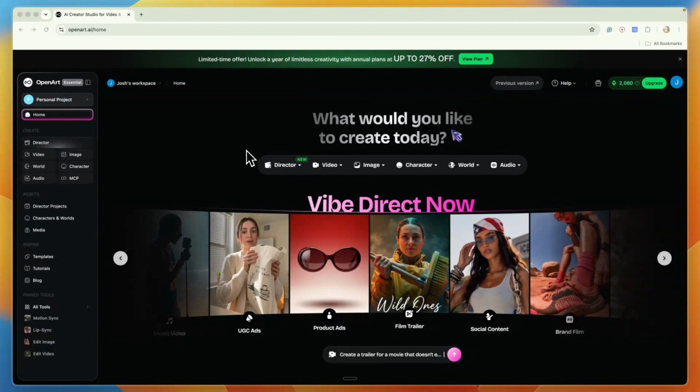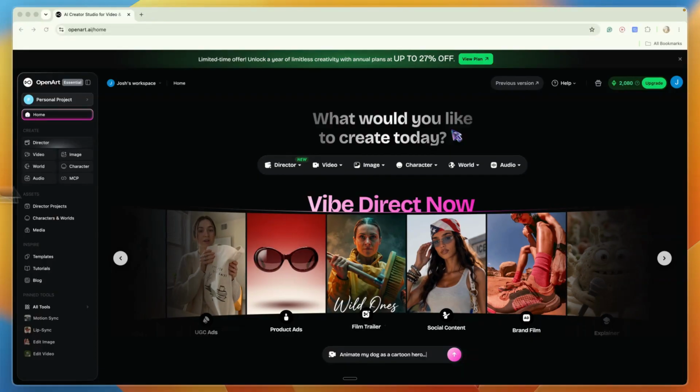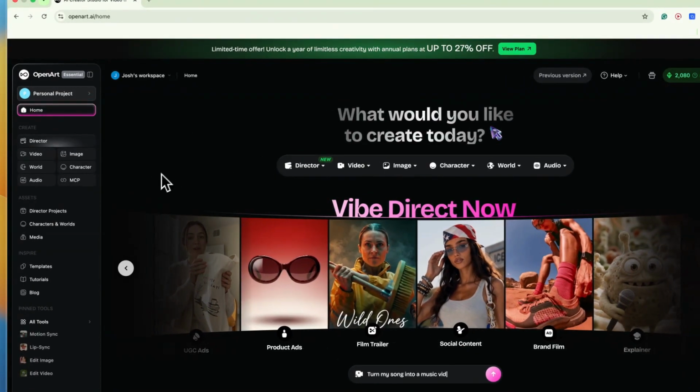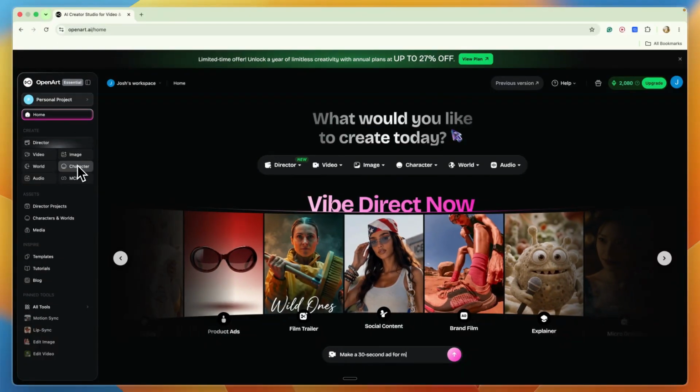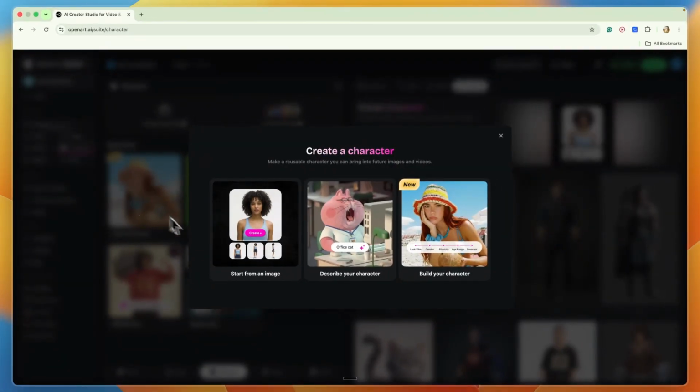In this video, I'll show you how to create a character on OpenArt. So to do this, what you want to do is just open OpenArt, then here in the left menu, head over to character. You will then see this. You have three options. You can start from an image, you can describe your character, or you can build your